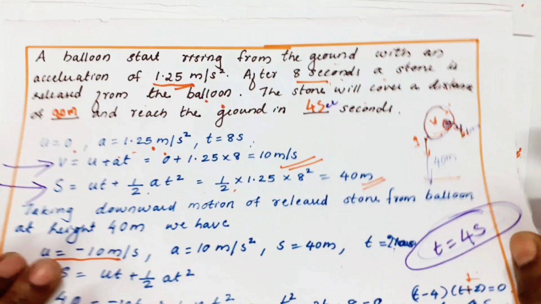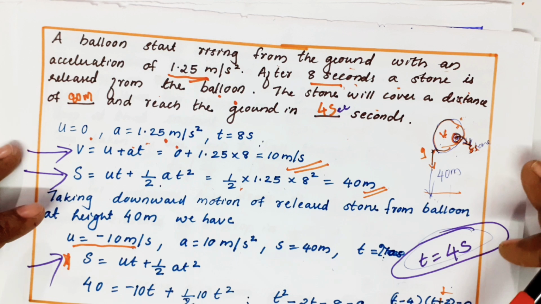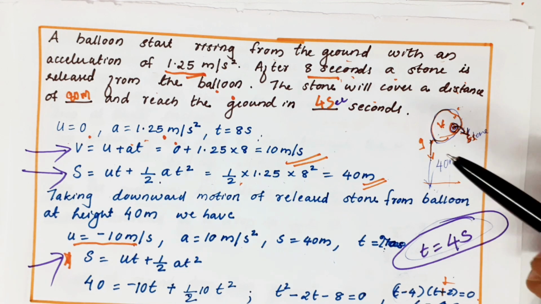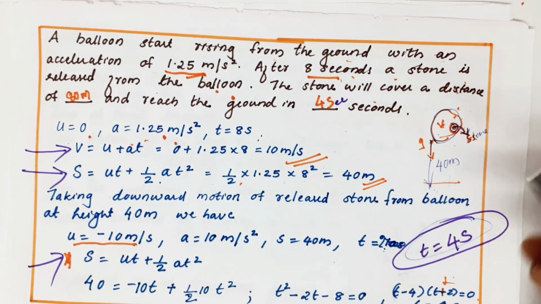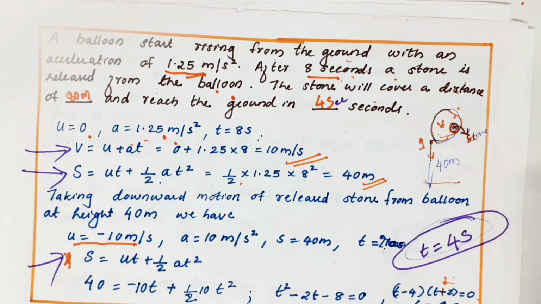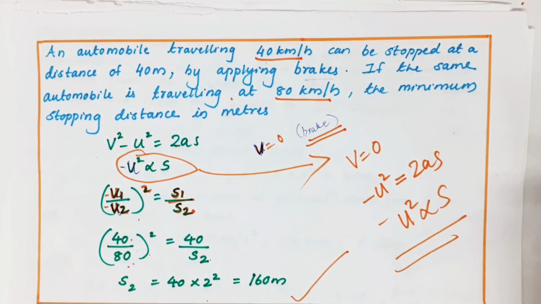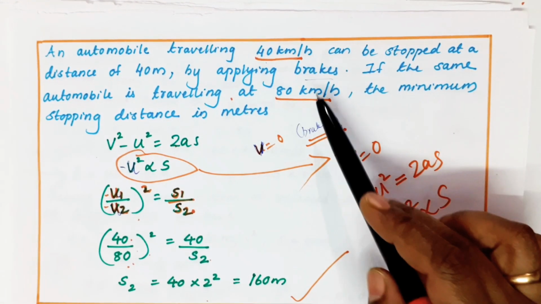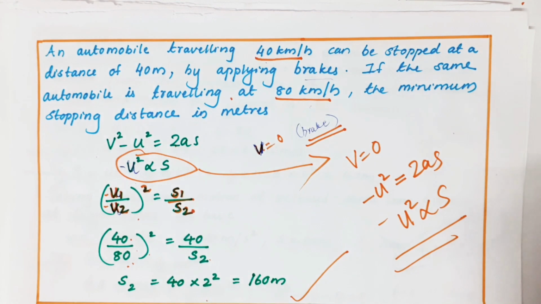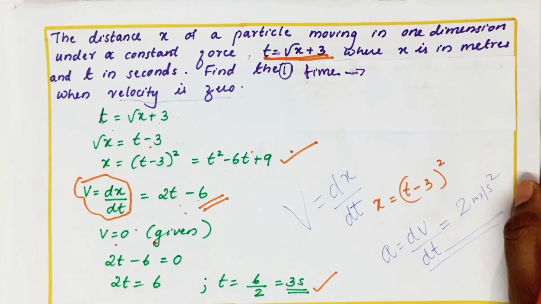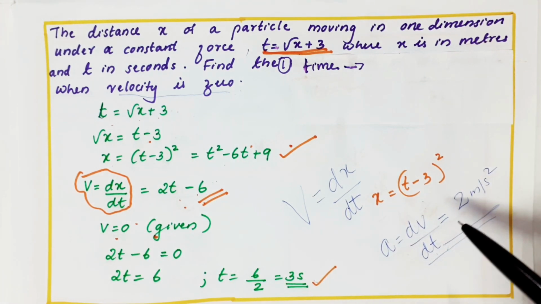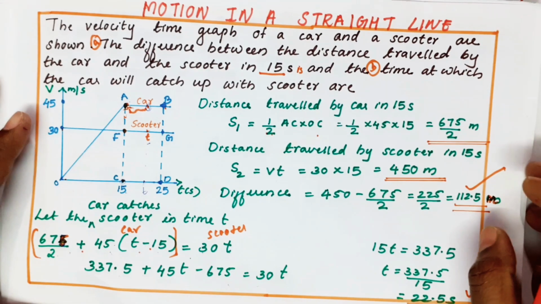Then it's simple. In the question I told, a stone inside a balloon is going up, so we have to find the velocity of that balloon after going a certain height. With that velocity we can calculate the time taken to come down. And in the automobile questions, you know, v square minus u square equals 2as. Here you remember I did not convert kilometer per hour to meter per second, because both numerator and denominator are converted, so they get cancelled. And this is the question for differentiation: v is equal to dx by dt, a is equal to dv by dt. That you should remember. And the first question I discussed is related to the graph.